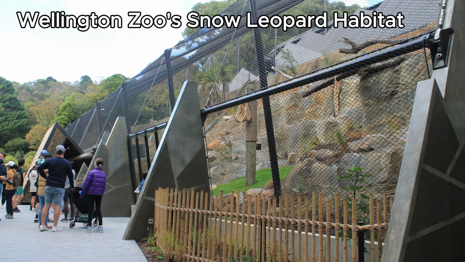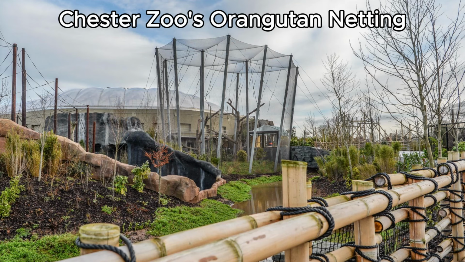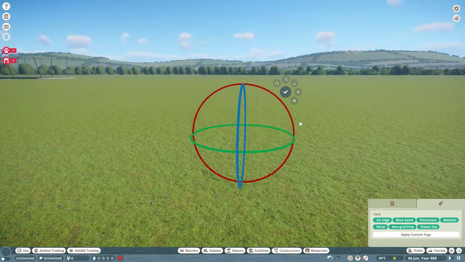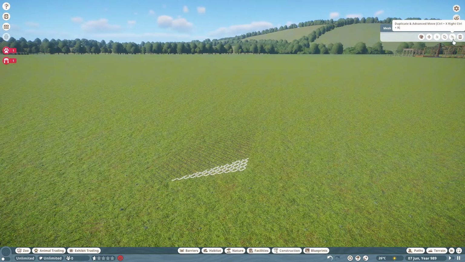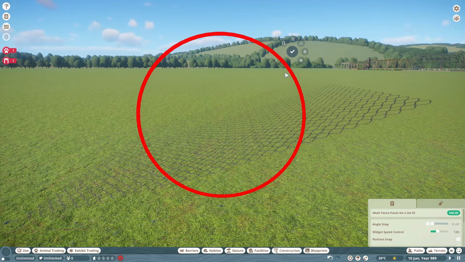In habitats of climbing animals, it could be common to see mesh netting covering the habitat. Animals like lemurs, snow leopards, tigers, monkeys and more might be housed in a netted habitat, keeping them from escaping while climbing on enrichment. One of the examples is Chester Zoo's Madagascar forest, where fossa and several species of lemurs are held in